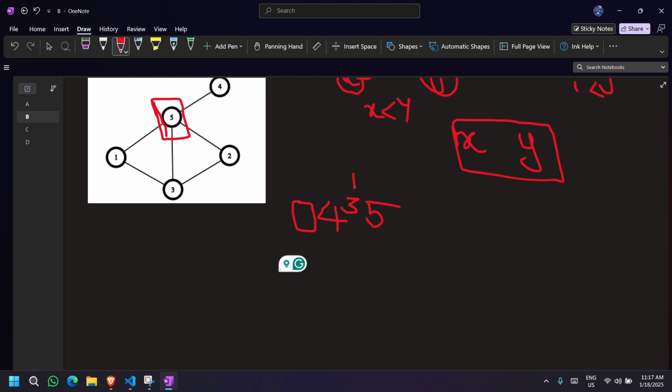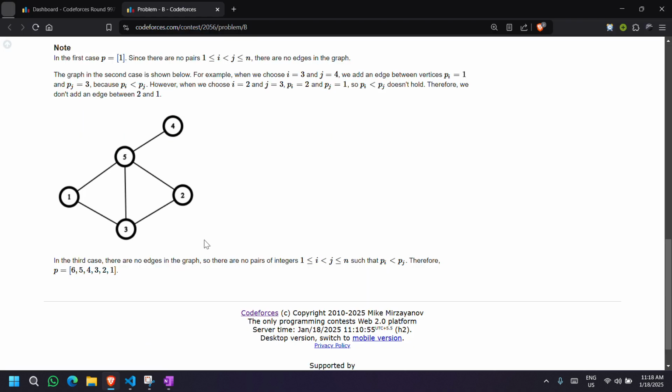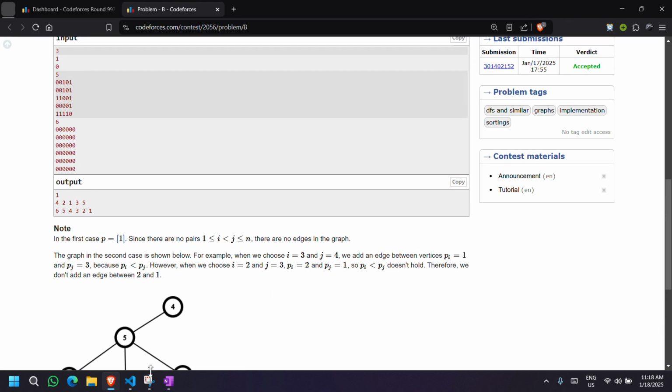So we have to place 3 here, and let's see 2. 2 is connected to 3 and 5, and both are greater, so we have to place 2 here: 4, 2, 3 and 5. Now 1 is connected to 3 and 5, so 1 should be placed here. Now the answer for this problem is 4 2 1 3 5.